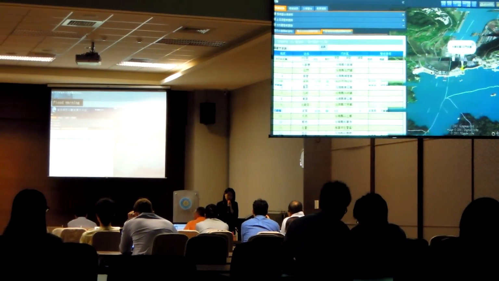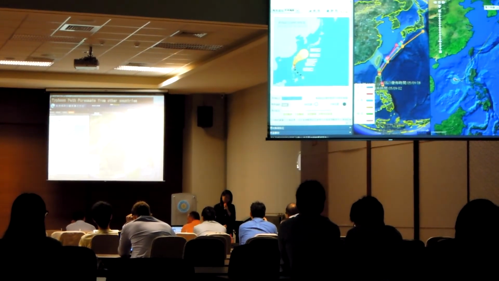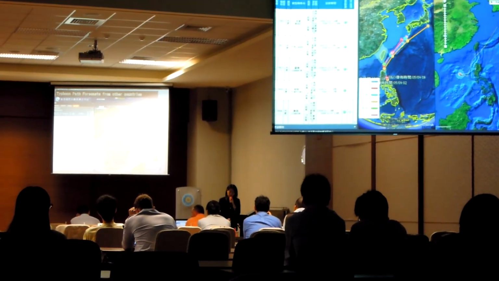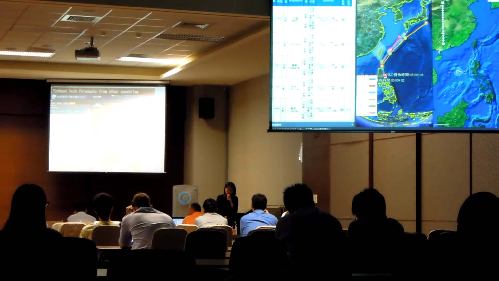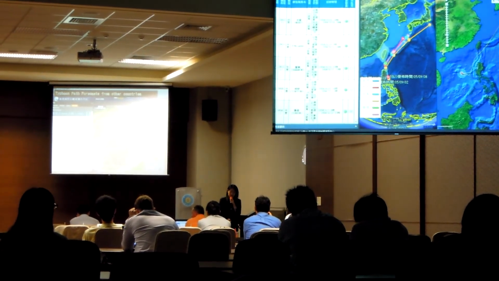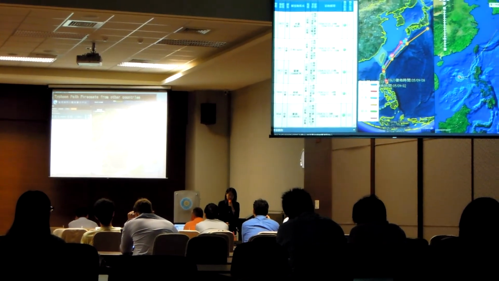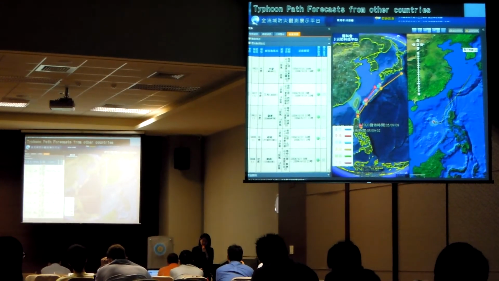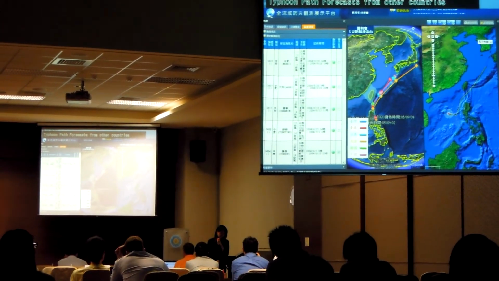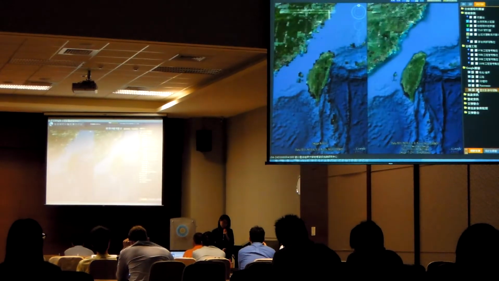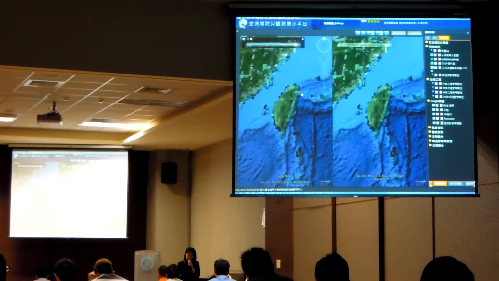Here we can see the reservoir information for flood discharge or flood warning. As to the weather information, we get and display the rainfall data from the Central Weather Bureau. During the typhoon period, there are typhoon path predictions by several countries. These paths can be shown on the platform, and historical typhoon paths can be dynamically displayed on another monitor screen for comparing similar paths. All this GIS data can be compared in two screens, and here's the demonstration.